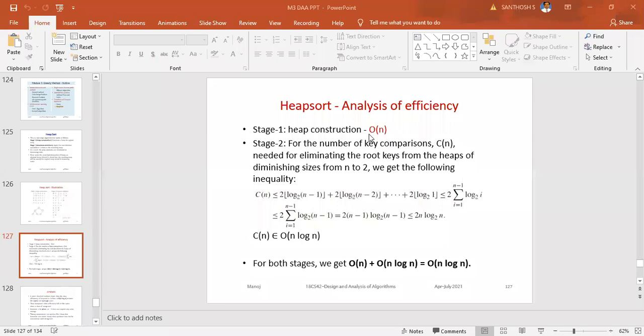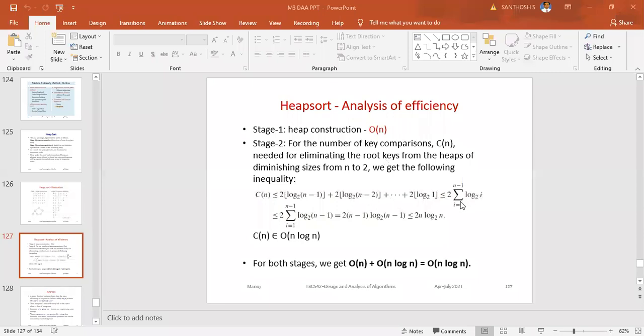Stage 2, the number of key comparisons C of n needed for eliminating the root keys from the heaps of diminishing sizes from n to 2, we get as C of n less than or equal to 2 log 2 n minus 1 plus log 2 n minus 2 log 1.